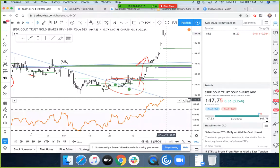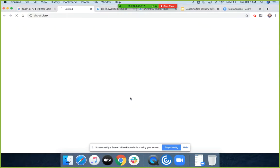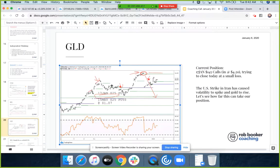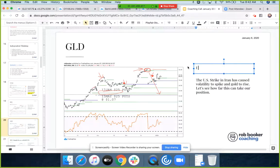Somebody doesn't have a lot of confidence. There are several, if not many, traders clearly not confident about the stock market. I cannot emphasize this enough. I'm not saying that you should buy gold. I'm saying that if you have a current trade, once again, if you currently own gold as any of these positions that we've talked about,